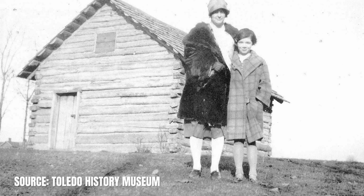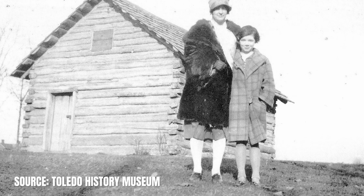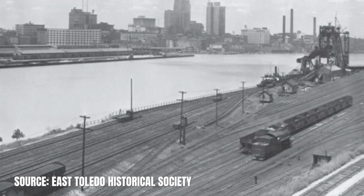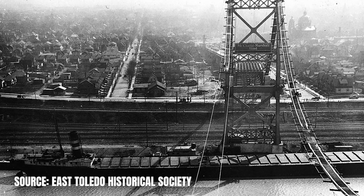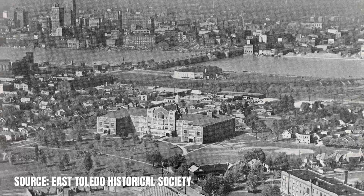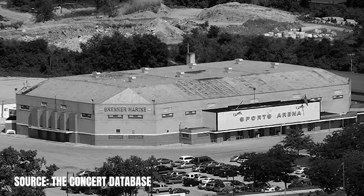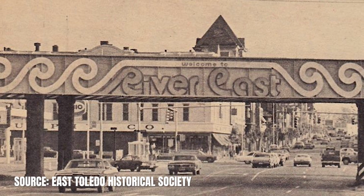We settled in this part of Ohio in East Toledo. That was a significant amount of time ago, certainly, but what was the east side before the park got here? It is a working-class, gritty neighborhood full of good people wanting to provide better lives for their families, right? So there's a tradition of the sports arena being here, Wade High School, Tony Packo's. Every place has